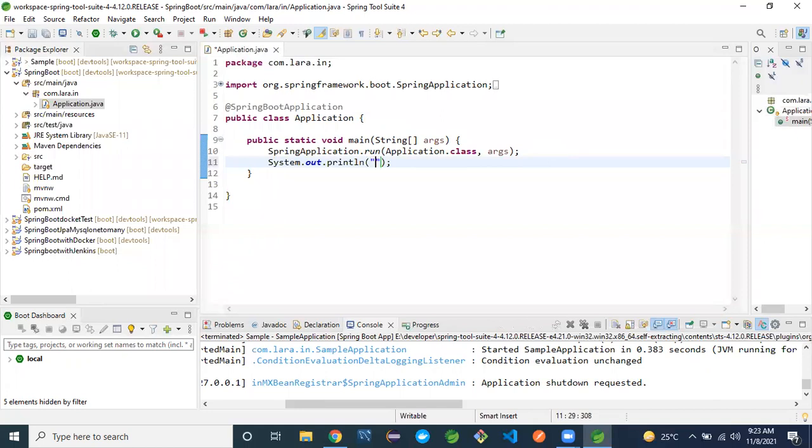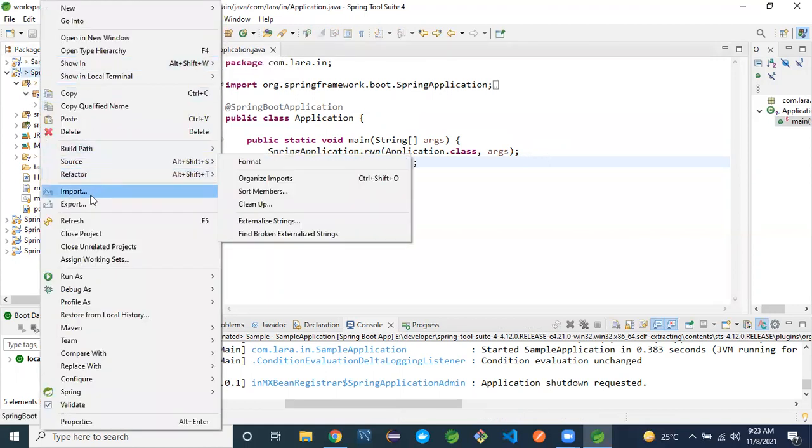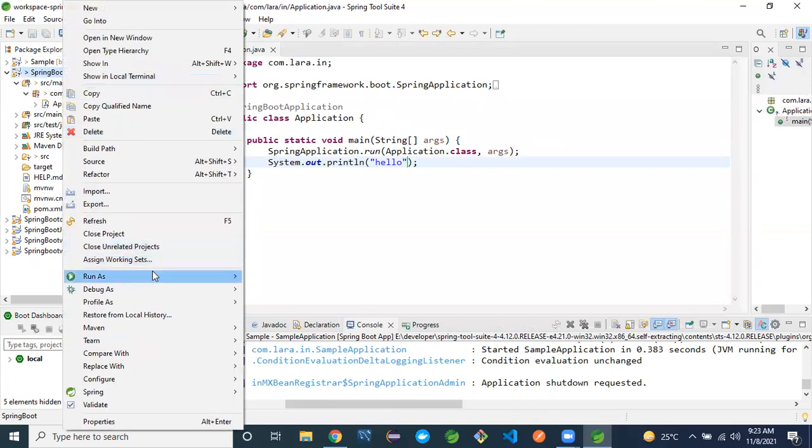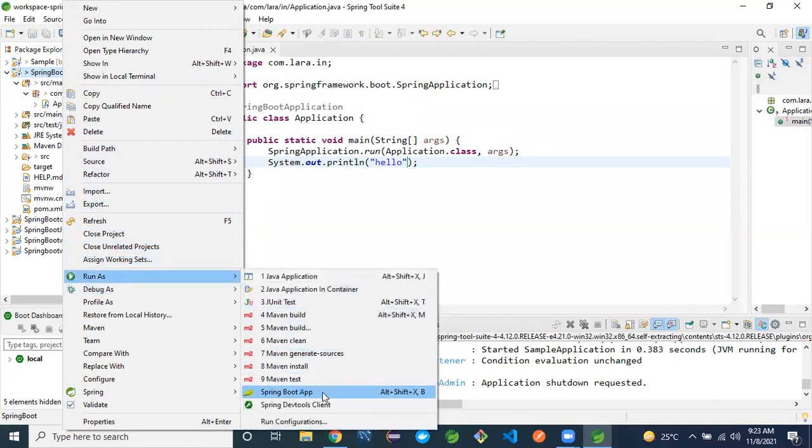I will create a println method here. Just refresh the application. To start it, right click on the project, Run As, Spring Boot application.